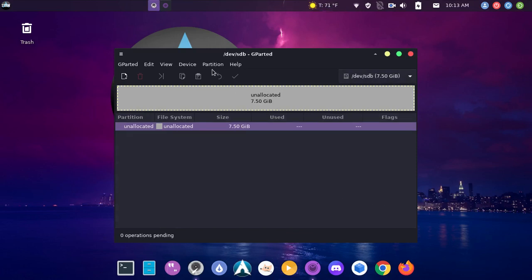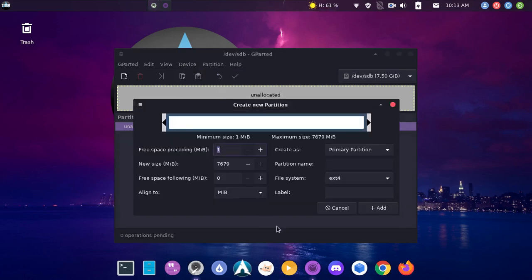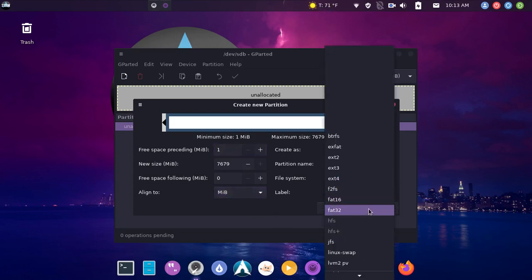Now, we're going to go up and go to new partition. We have a lot of choices here we can make. This here says 1 preceding, right? I'm going to backspace that and hit 0. And see, this is the entire USB flash drive. So I have 8 gigs, but by factory settings, it reserves something for the flash drive itself. And we're going to do FAT32,